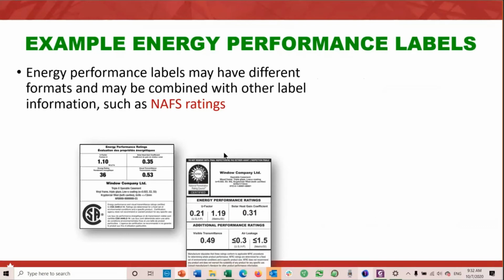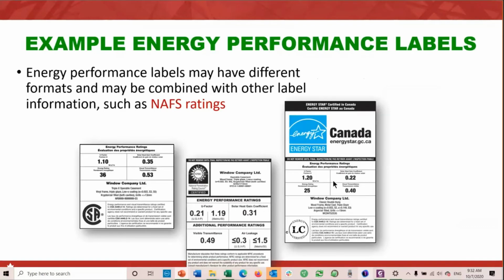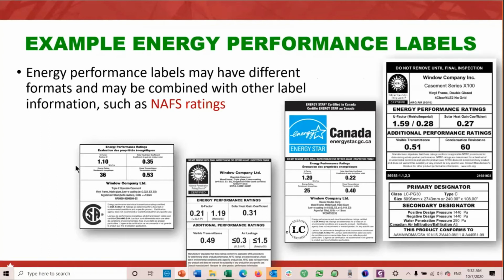You'll notice that all of these labels do show a certification mark on them. The first label on the left here is reporting energy performance characteristics only. This one's a Canadian certifier. The second label is a typical NFRC certification label. The NFRC labeling requirements are very strict. Everyone uses the same label format under the NFRC system. Canadian certifiers may allow other formats to be used.